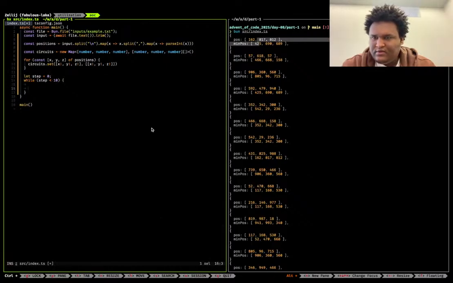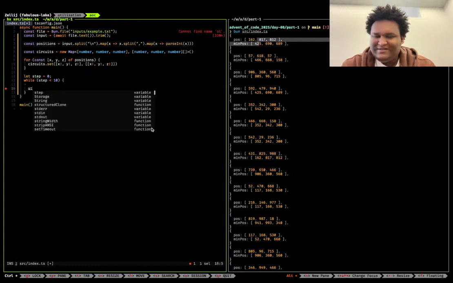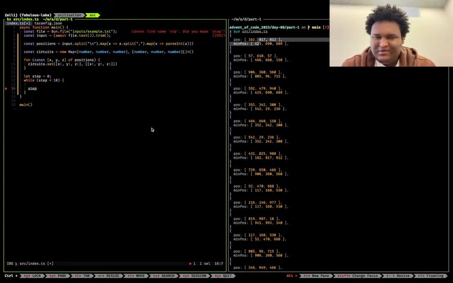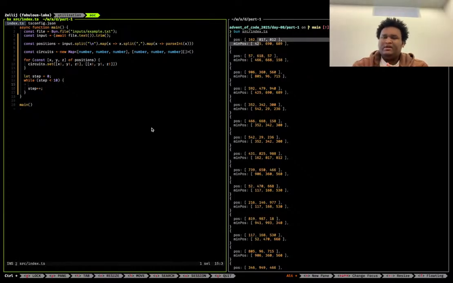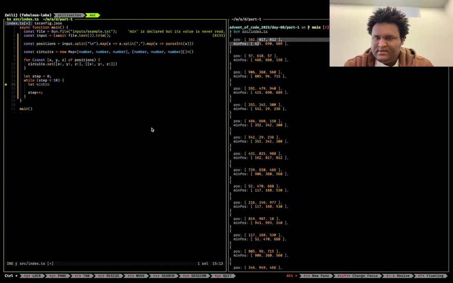I'm doing a for loop. Why am I writing a for loop like this? Let's just forget about it. Step, okay, and then increment that, and then in here we're gonna need to map over each circuit, and then create a list, or let's do this, let min distance